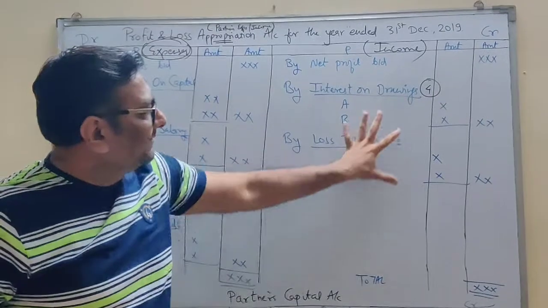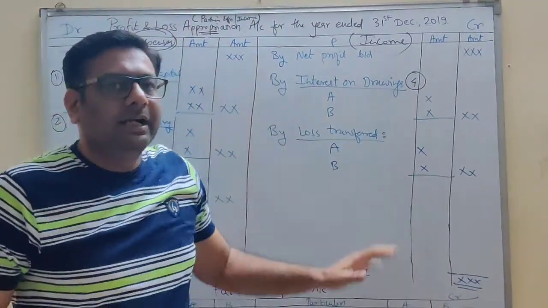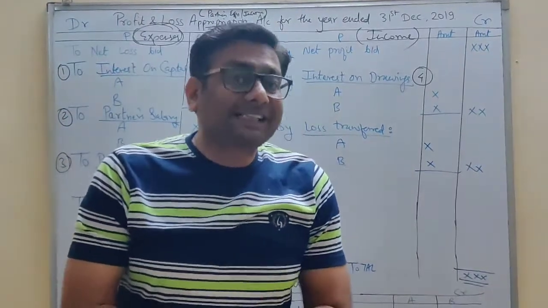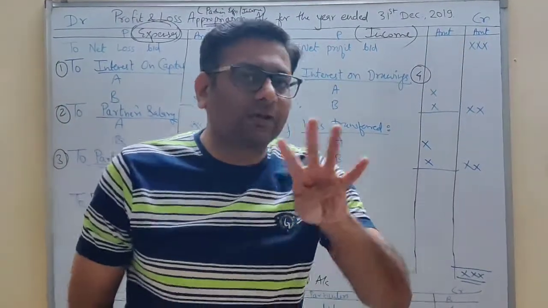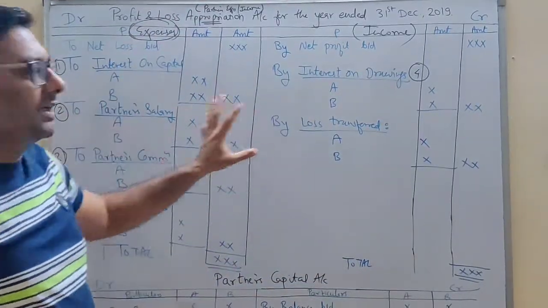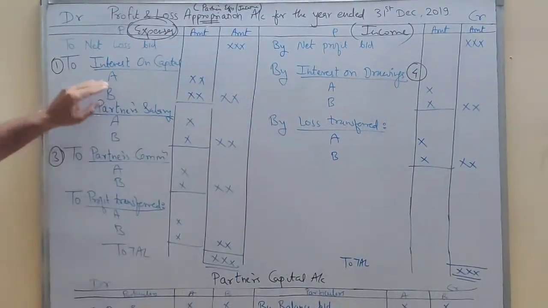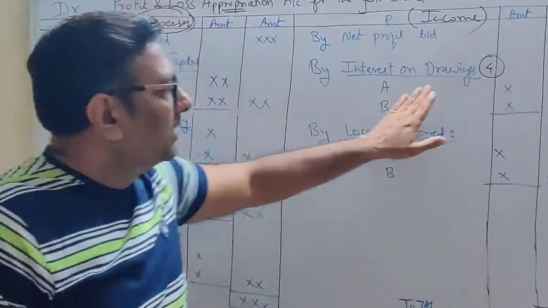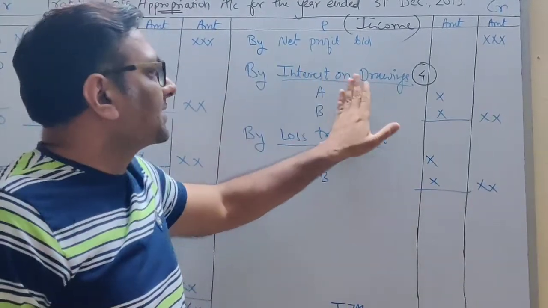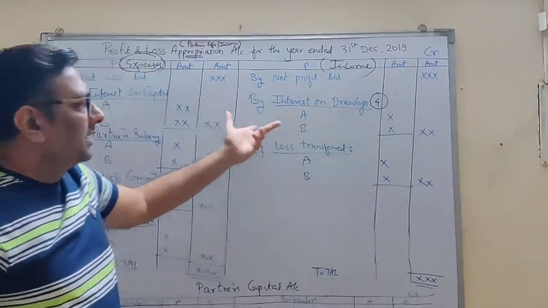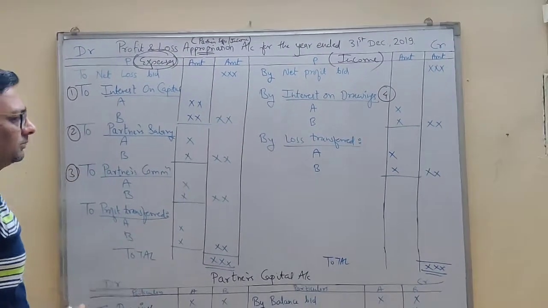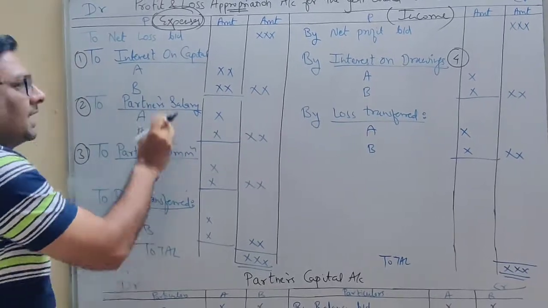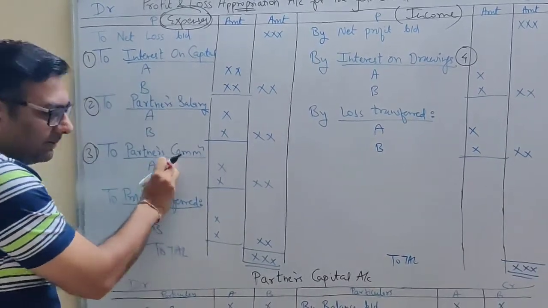So maximum, how many entries are there in this appropriation account? It's a new account, students. You are going to make this for the first time in class 12, but it's very easy. Only 4 entries. 3 on the debit side, 1 on the credit side. All these 3 entries are expenses by nature, so they are debited. Only 1 is your income, interest on drawing, so it will be credited. Am I clear with this? So only 4 entries. Now, when you record these 3 entries on the debit side, the same 3 entries will be